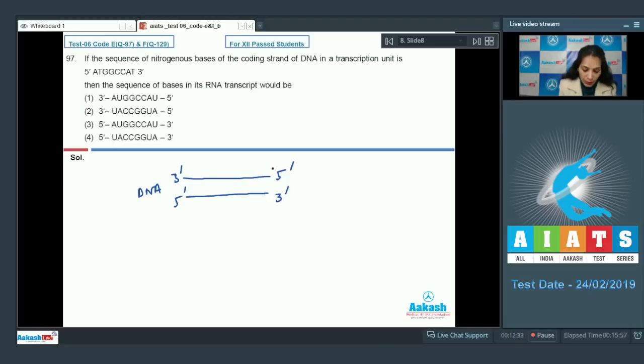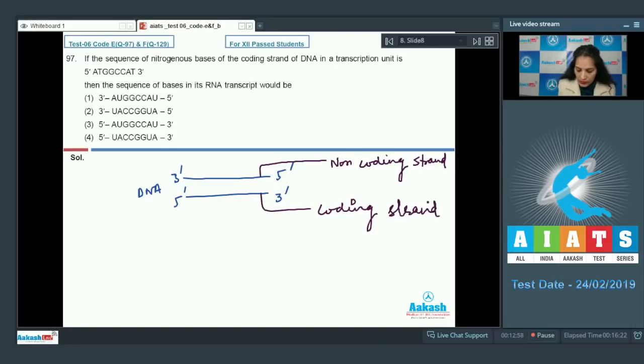The strand which codes for mRNA is called the template, or non-coding, strand, whereas the opposite strand which does not code for mRNA is called the coding strand. So the non-coding strand codes for mRNA. Now, if the sequence of the coding strand is given as